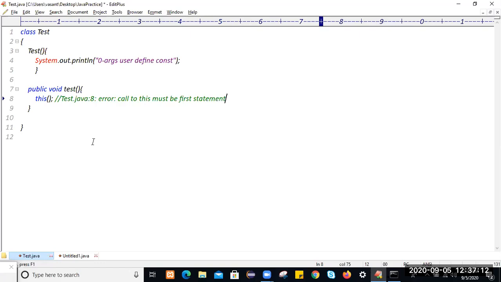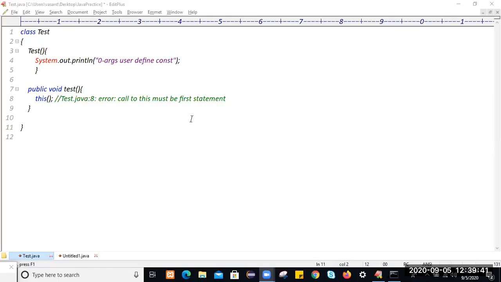Otherwise, you will get a compilation error. Write this application.